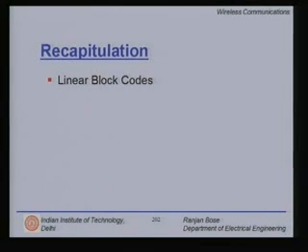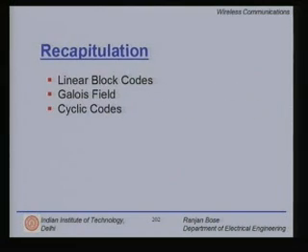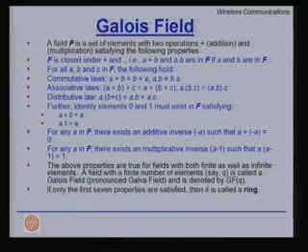In the previous lecture, we talked about linear block codes. We realized that linear block codes, or LBCs, have a fixed block length n, and you can have a generator matrix to generate the entire set of code words. We then visited briefly Galois field and had a very short introduction to cyclic codes. Now, let us refresh our memories about the Galois field theory.